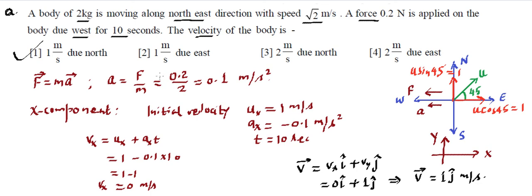We will be talking later in detail about what this F equal to ma implies, why we are writing this x component in this manner, then this is the velocity written, and what the velocity is. But what we need to remember or understand here is that if this is a vector, we can make a component, and if this is another component, so if this is a plus, this has to be minus because they are in the opposite direction. And if it comes out to be j cap, that j cap means north direction. All these things we need to relate over here because we are learning vectors.